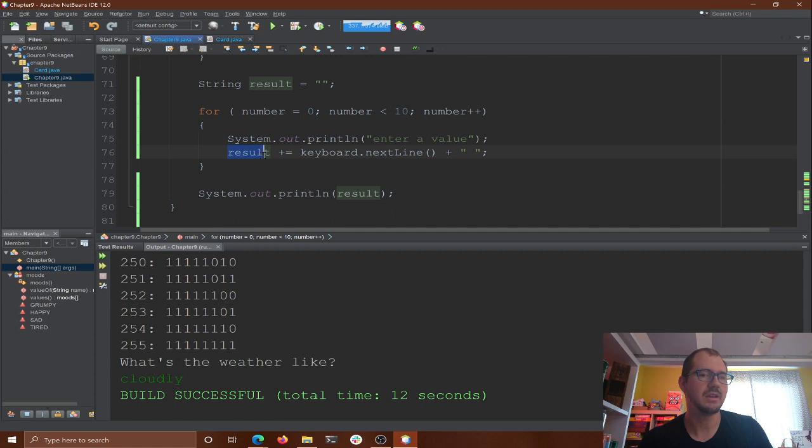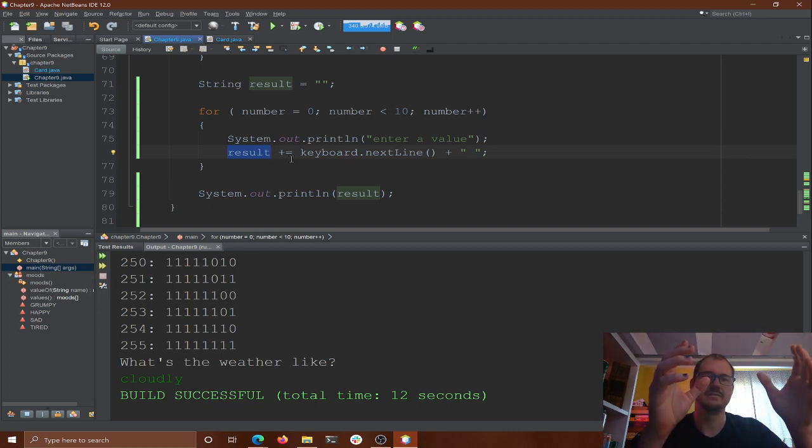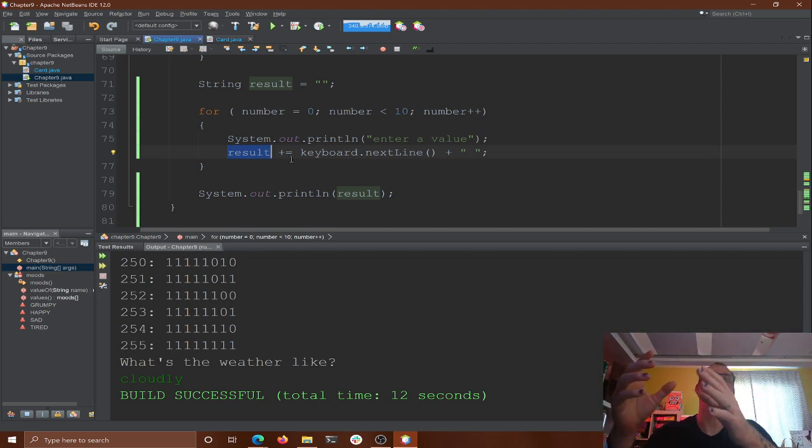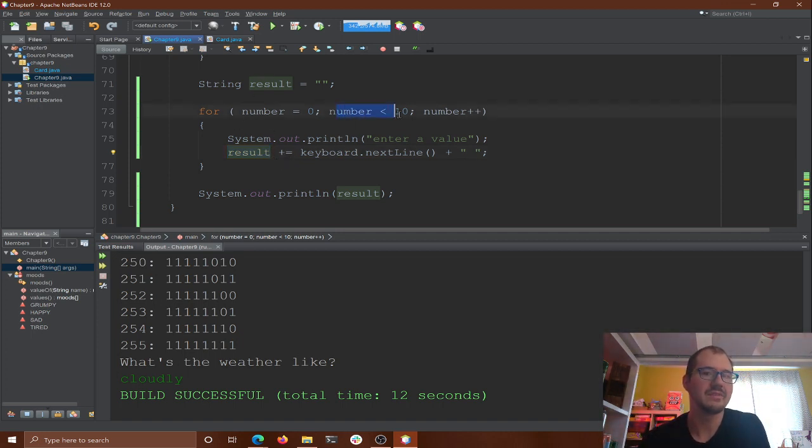So anytime we make another string, we have to take a copy of that string, move it over here, put the new thing on. And then make a copy of that one, put the new thing on. Make a copy of that one, put the new thing on. So we're making a copy of result 10 times, each time adding the next thing and adding the next thing. It's very memory inefficient